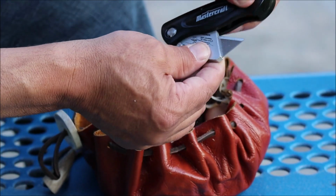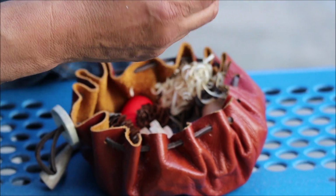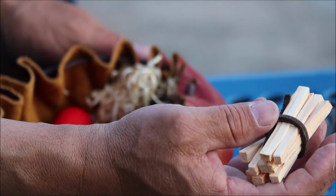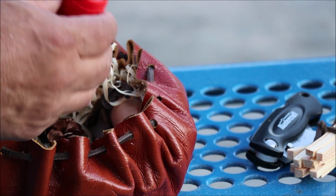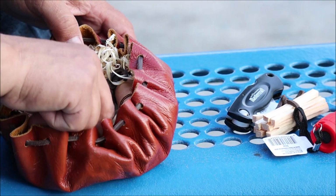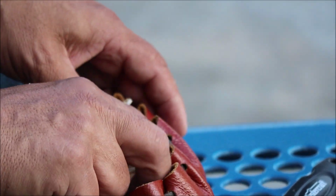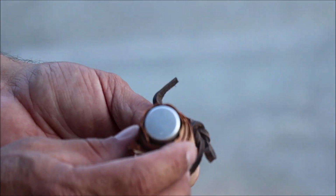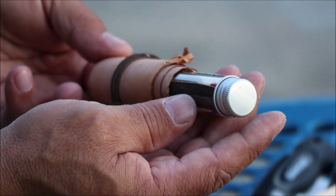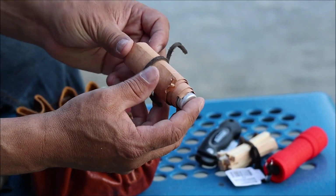It has this utility knife in there. It looks like some, it could be fatwood. It looks like pine. A little flashlight. It works. Looks like a fire starter right here. This is birch bark with some matches in there. Check it out. Little striker in there. And some matches, birch bark roll,